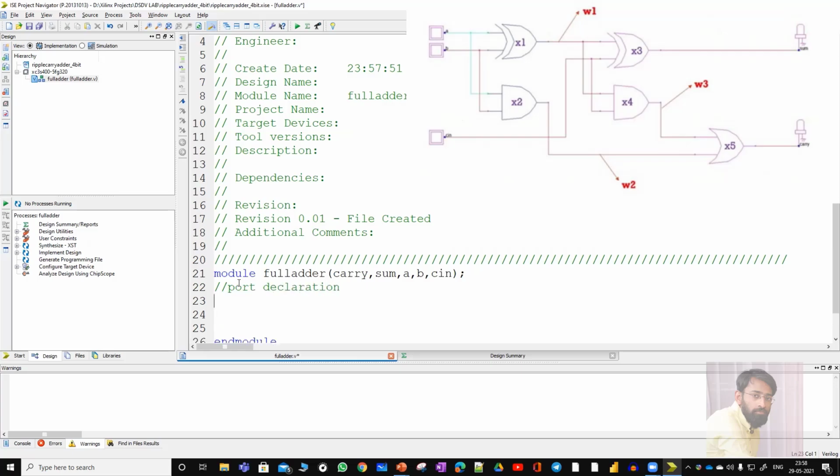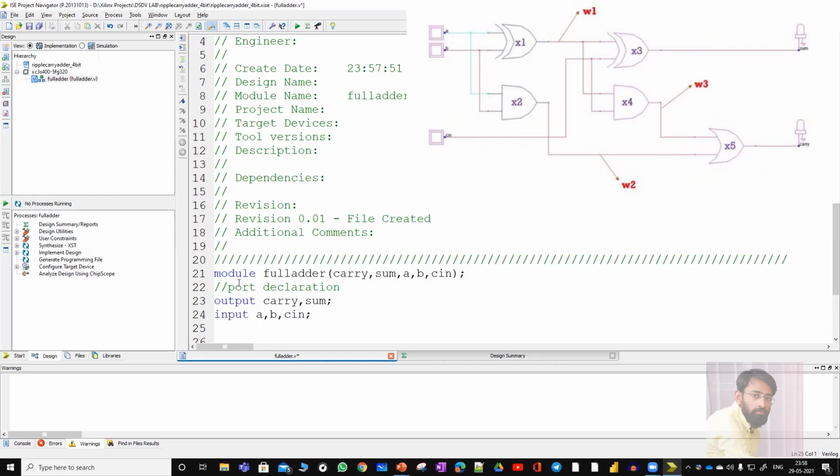Port declaration means among this carry, sum, A, B, Cin, which one I am treating as input and output should be declared here. We know that the output is nothing but carry and sum. Next, coming to input, inputs are nothing but A, B and Cin.